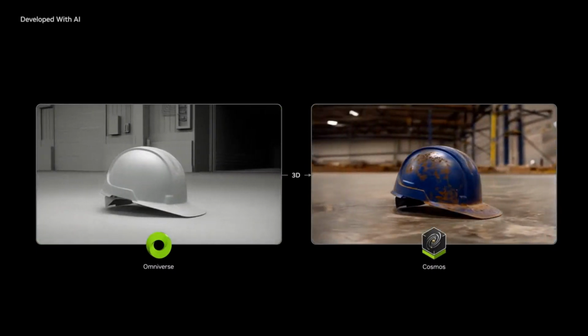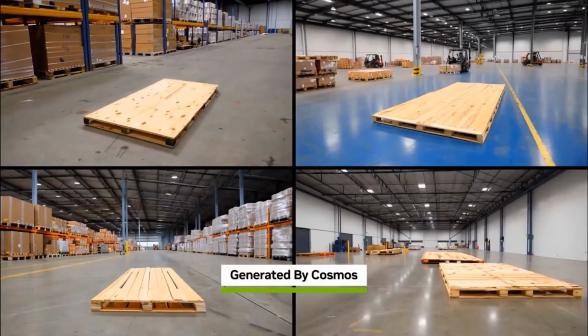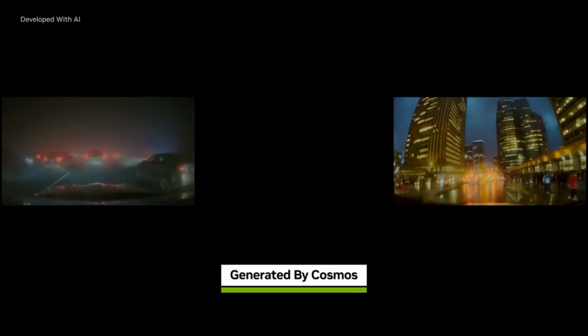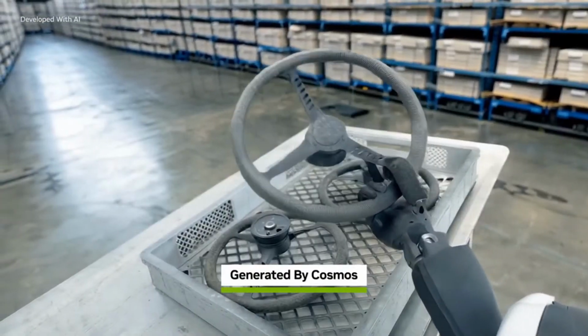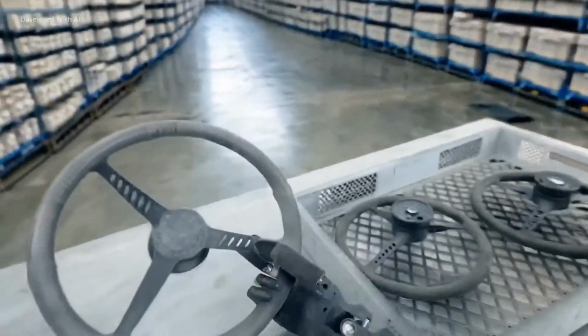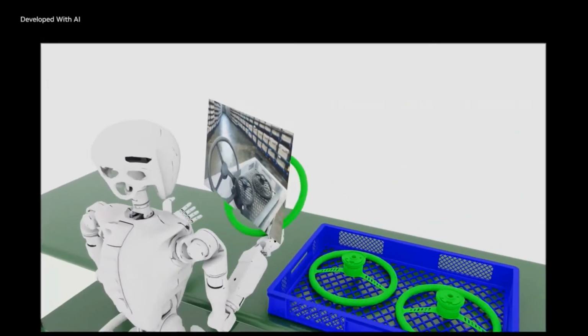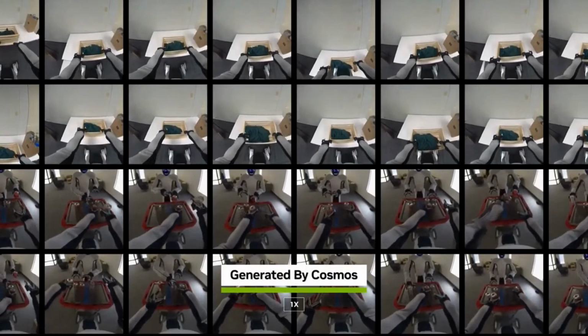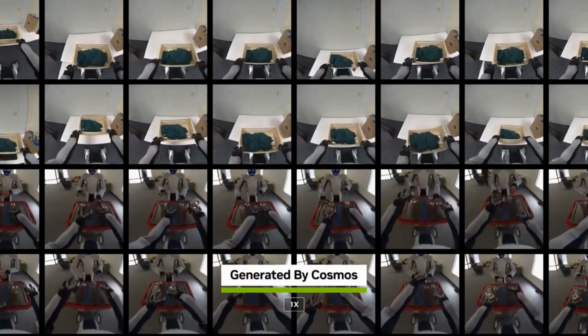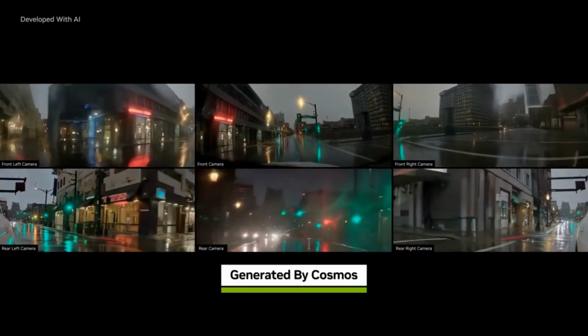Whether diverse objects or environments, conditions like weather or time of day, or edge case scenarios. Developers use Cosmos to generate worlds for reinforcement learning AI feedback to improve policy models, or to test and validate model performance, even across multi-sensor views.